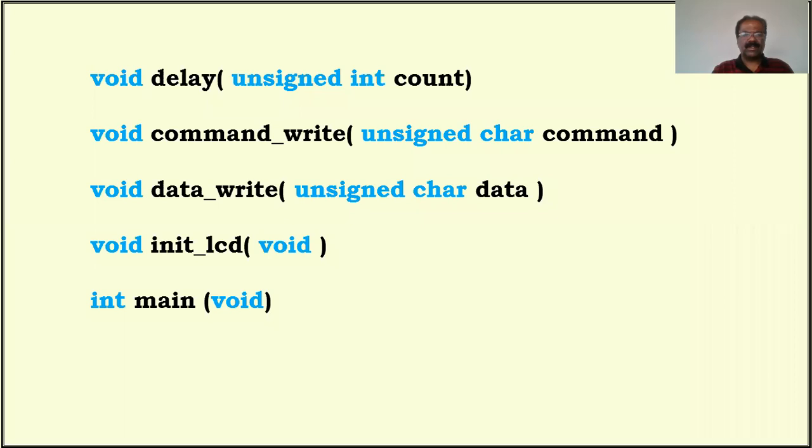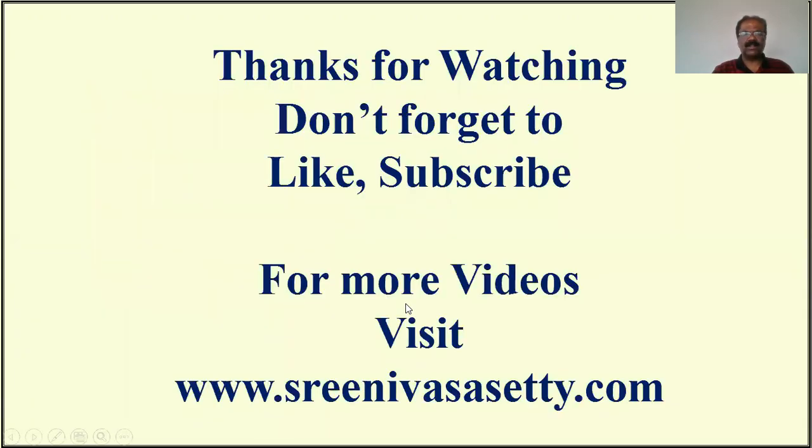And now in the next lecture, I'm going to explain the detailed program. I'm going to use totally 5 functions. Because we have to provide some delay, there is a delay function. Then there will be a function to write the command into the command register, and a function to write data into the data register. Then we have to initialize the LCD. We have so many commands depending upon your requirement, so we have to write the function called init LCD, initialize LCD, and there will be a main program. These are the things.